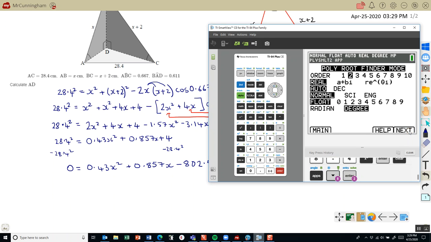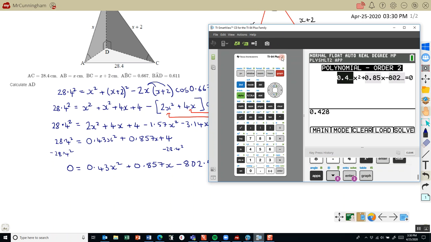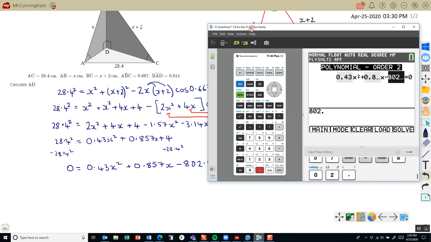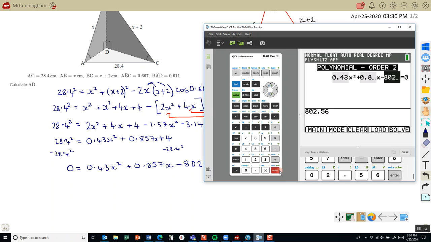Now, in order to hit next, if you can imagine the screen is above the calculator here, the next button is underneath the green graph button. So I'm going to put the numbers in. 0.4, 0.43, enter, and I want plus, enter, 0.857, enter, and now I want to subtract, enter, 802.56, enter. So we've got everything in, and then I need to solve it, which again is over on this side,